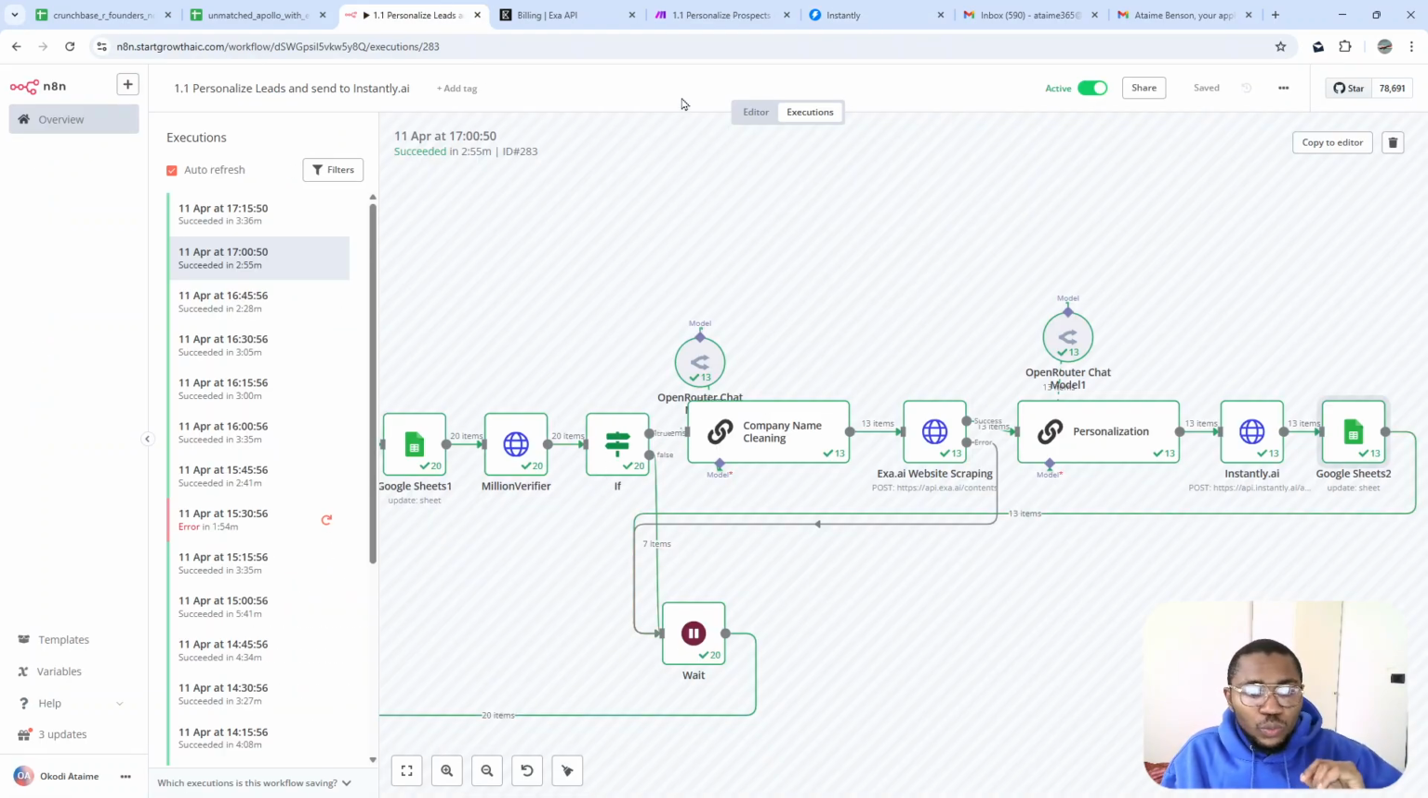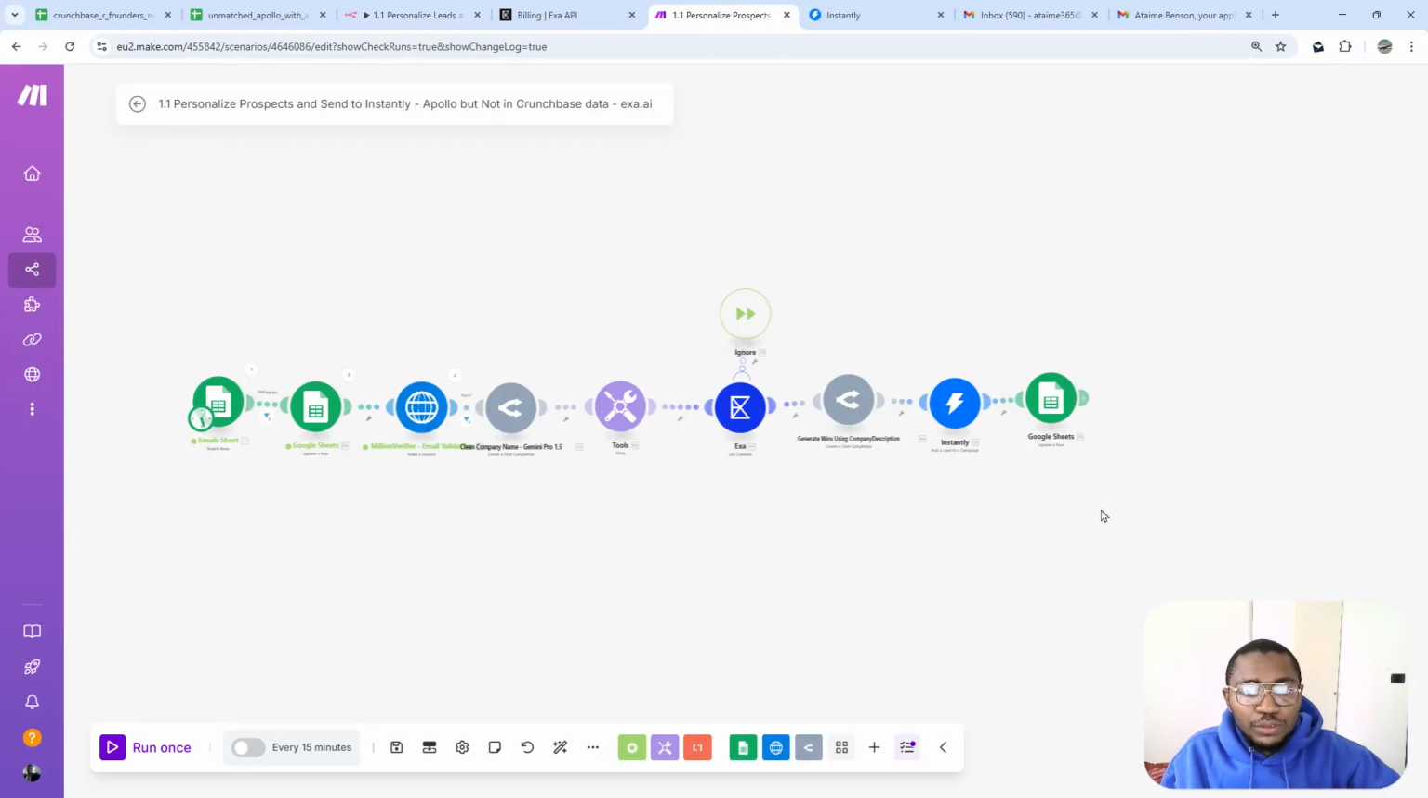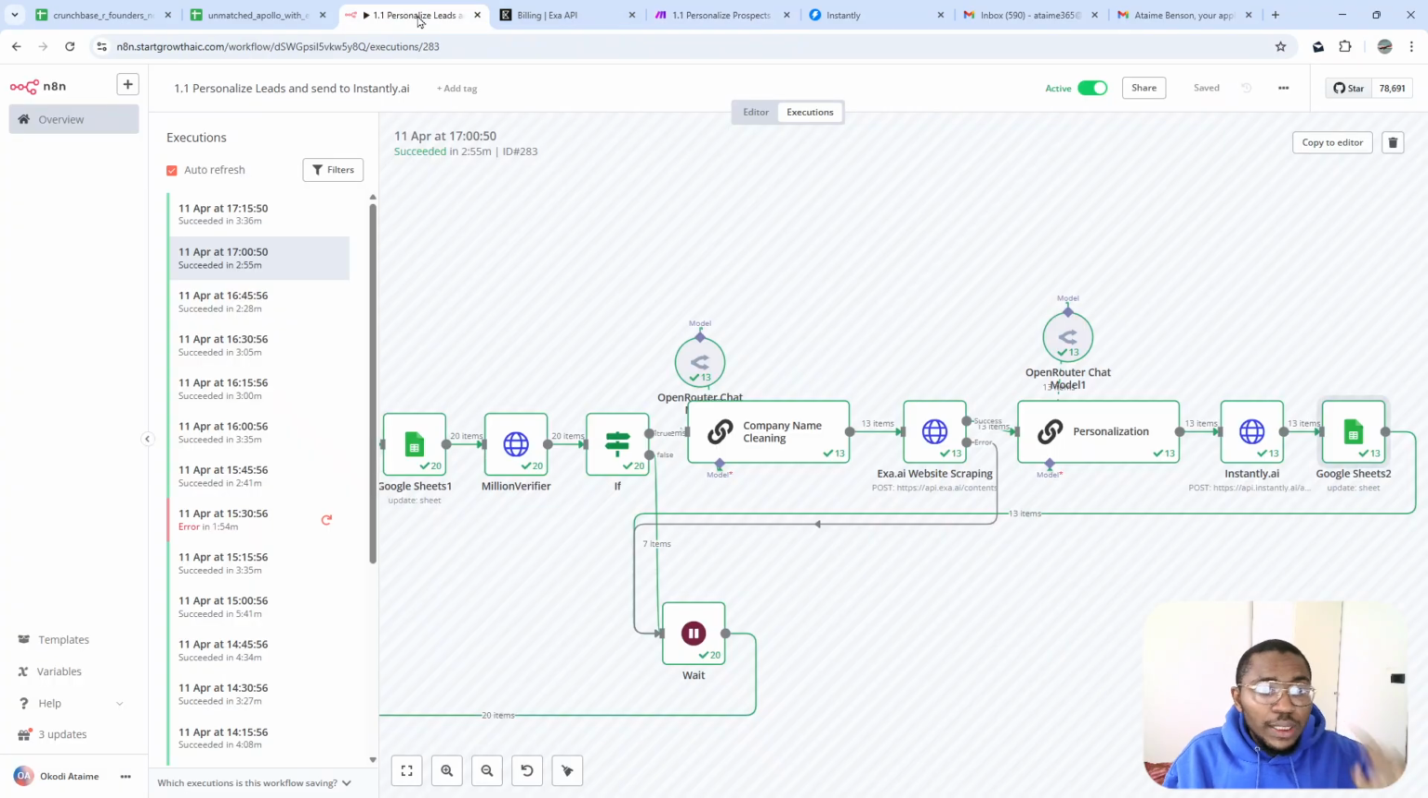So this was from this. I moved it from make.com to n8n just to save cost, and it's doing the job perfectly. So yeah,